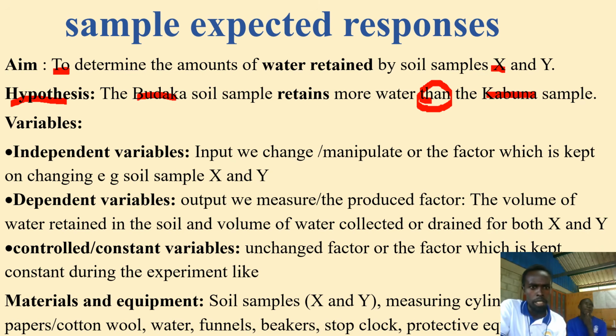Variables. In this case, what are the variables? Number one, I have the independent variables. Independent: I cannot change, I cannot manipulate, I cannot interswitch. If I'm given soil sample X, it should be X. And if I'm given soil sample Y, it should be Y. I cannot put P, or design it in my own way to suit my capabilities,